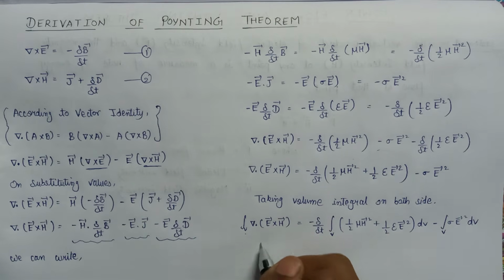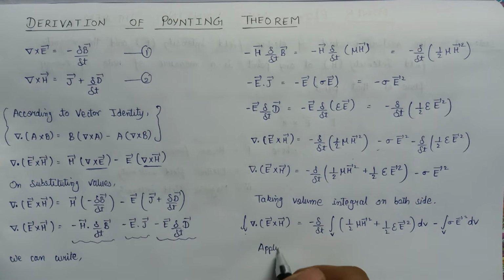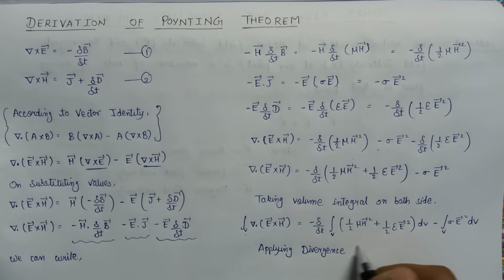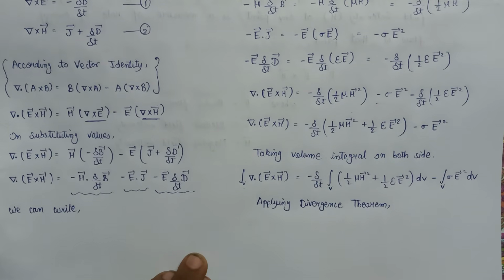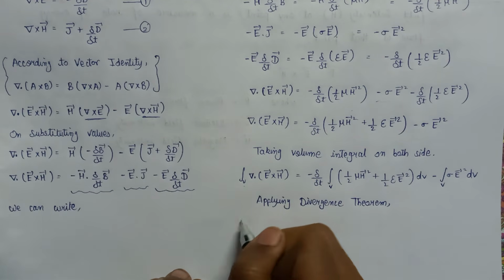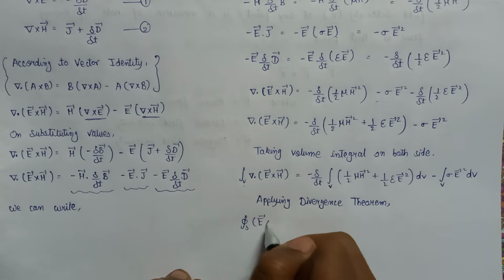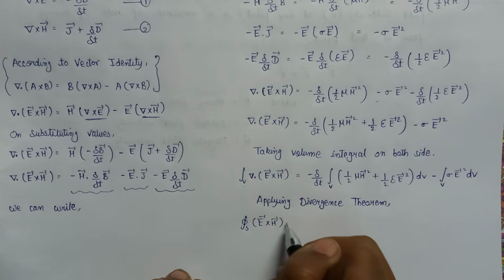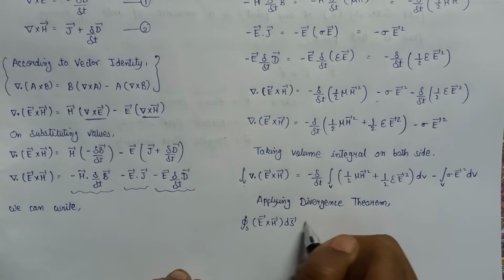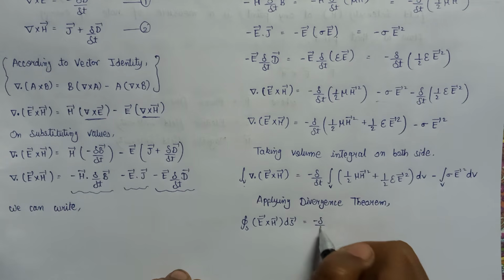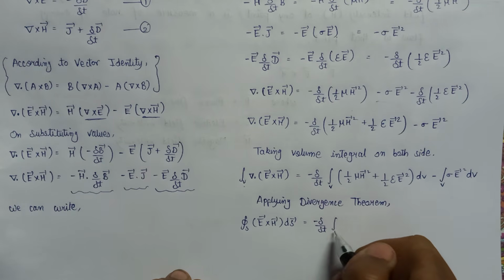So on applying the divergence theorem, we can write down this expression as integration over closed surface E cross H into ds, that is being equals to minus of del over del T of integration over closed